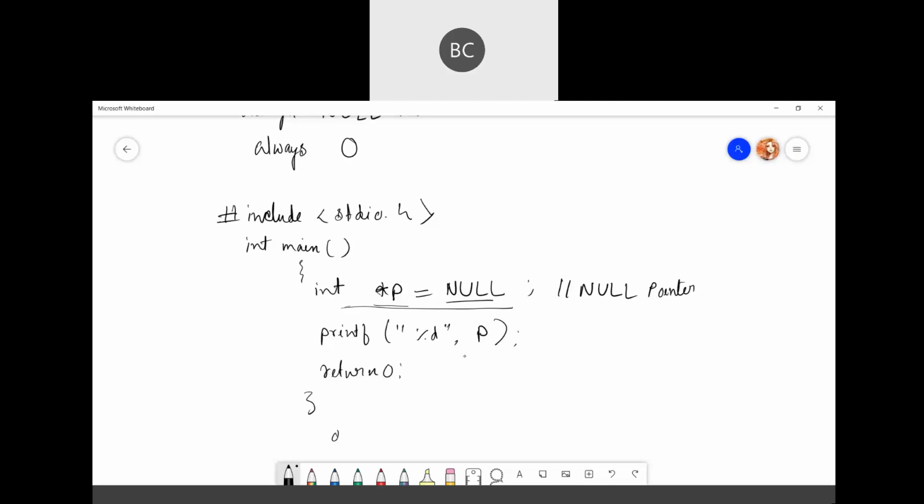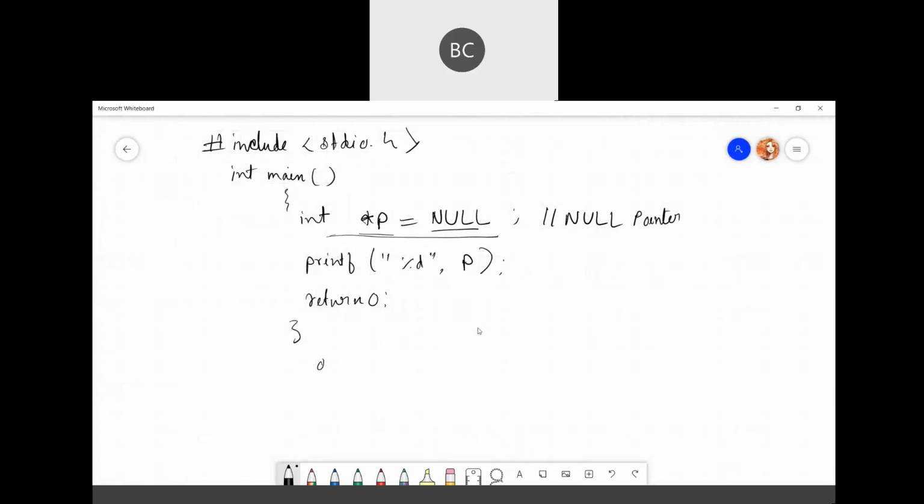The main advantage of a null pointer is that we can initialize the pointer variable when it is not assigned any actual memory address. And we can also pass a null pointer as a function argument when we are not willing to pass any actual memory address.